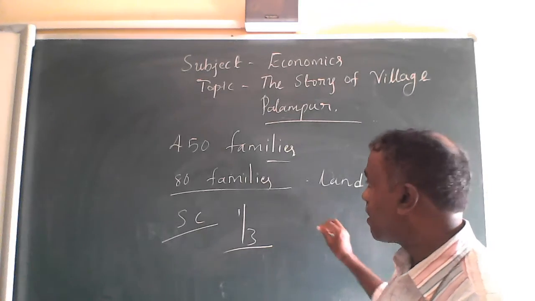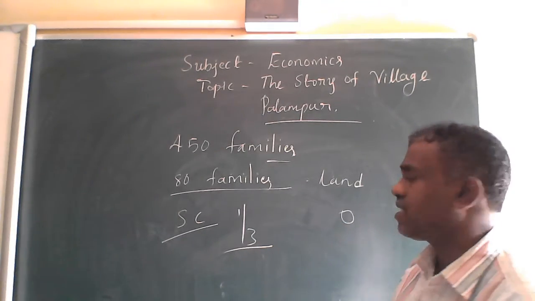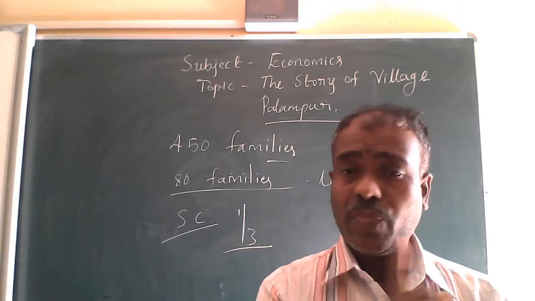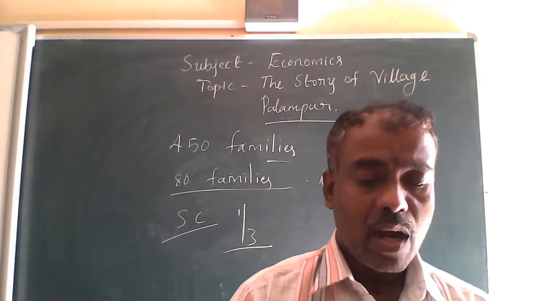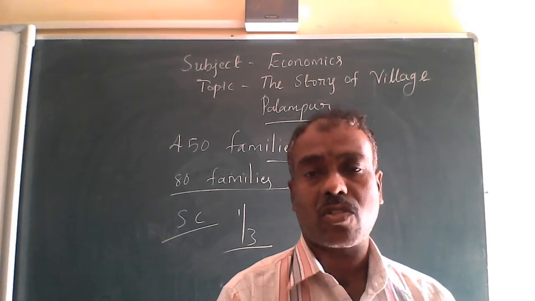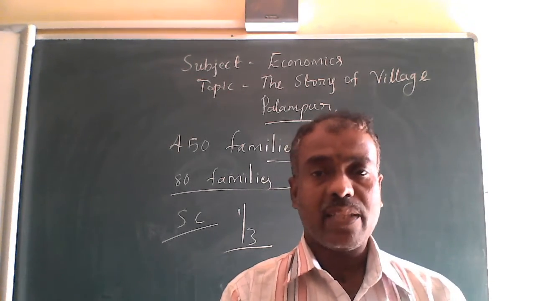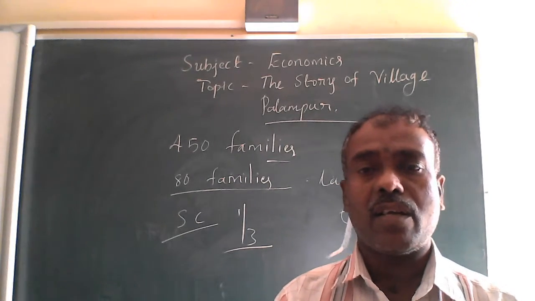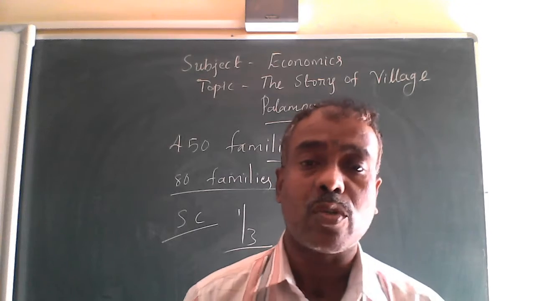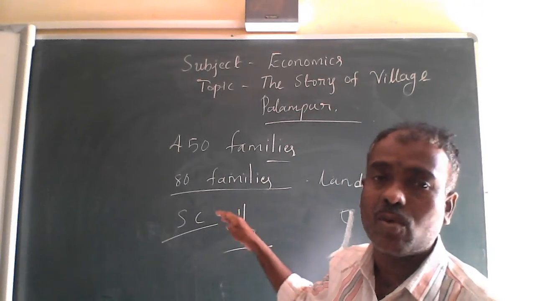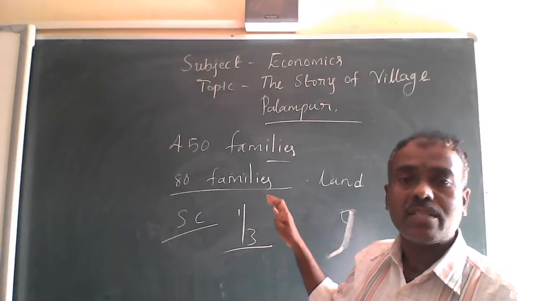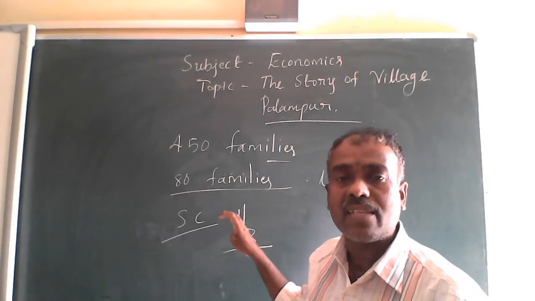So they are living in a corner of this village, a corner of Palampur village. And most of their houses are made up of mud and straw, of grass blades, coconut leaves, fibres, huts and shacks. So that's what I told. So these 80 families' houses were constructed with bricks and cement plastering.